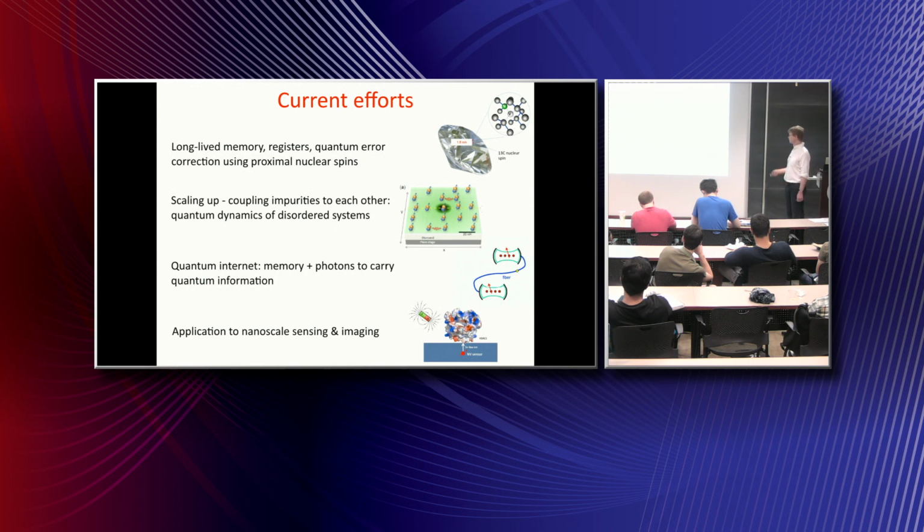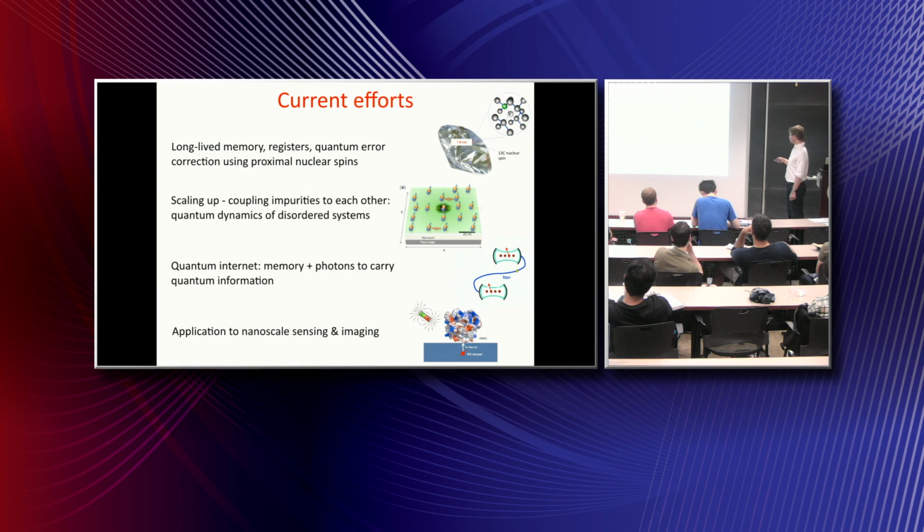On one hand, it motivates one to think about different types of defects and different ways of creating them, such that you actually can create the ordered structure. But at the same time, one should also be thinking about whether one can really control disordered systems. What if your disorder is something that you have to live with? Can you still do something? Can you guide coherent evolution of the systems?